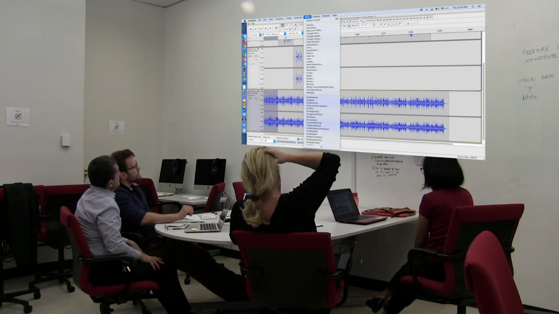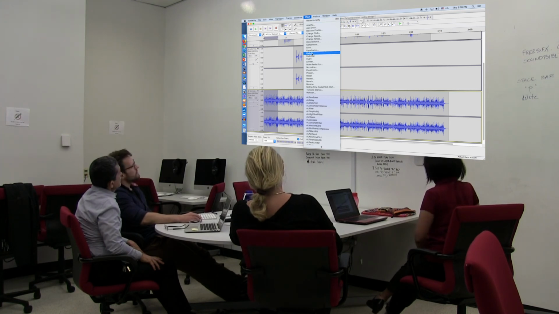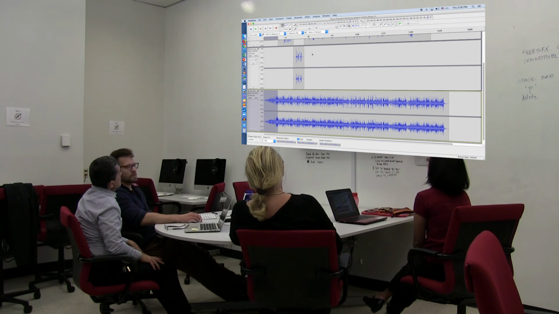Go to the effects and select the fade in effect, which will create a gentle